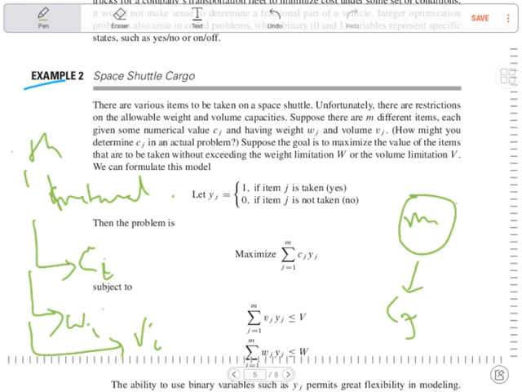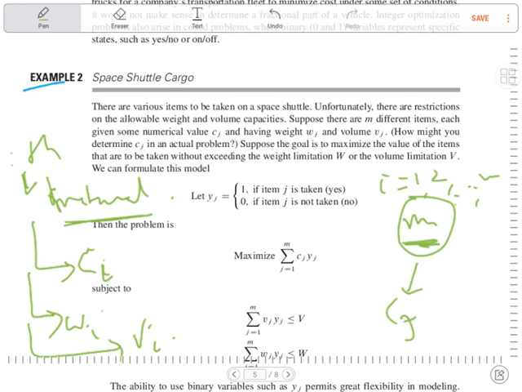This is wi, weight, and this is vi, volume, for ith particle or ith material. And this is true for any of these m materials. So i runs from 1 up to m. Okay, so as soon as I mention this weight and volume, here comes some optimization, some constraints. Now what we will try to do,